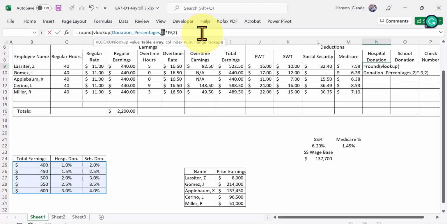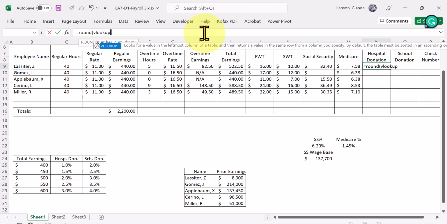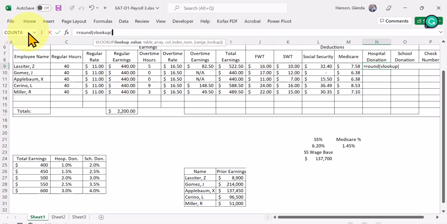I've got to check again. I have equal round, parentheses VLOOKUP. I'm glad this happened here so you can see how I do this. And then I'm doing my close parentheses. I'm taking it all out. I'm going to start over. Round, open VLOOKUP, close parentheses, and I want,